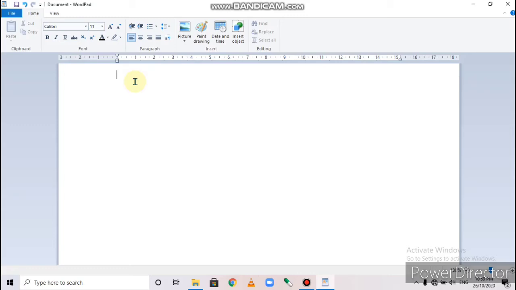And this cursor will move toward the right as we type the text. जैसे जैसे हम टेक्स्ट टाइप करेंगे, हमारा कर्सर राइट हैंड साइड को मूव करेगा. Right? And when the first line is completed, then your cursor will move to the next line automatically.